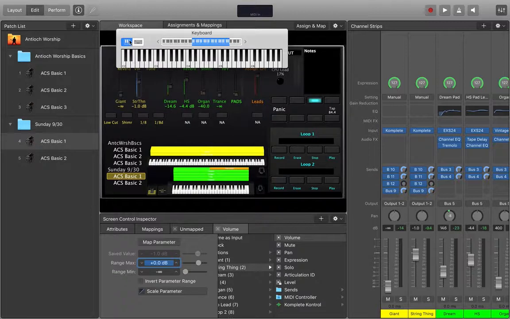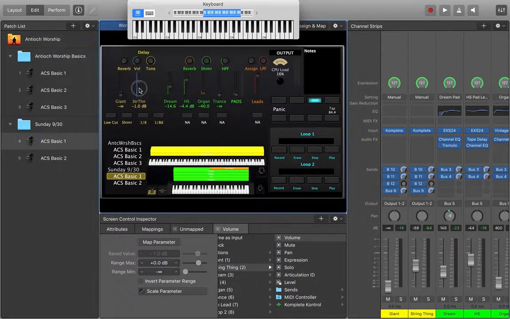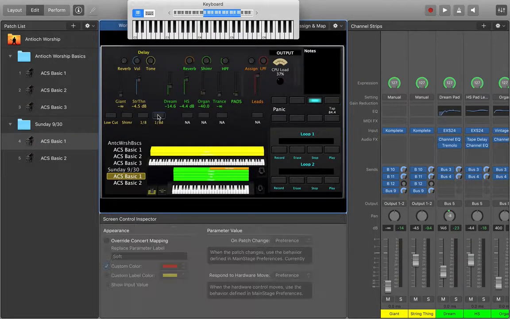So now you saw this automatically went up because now it's mapped. You see it moving up and down on both, okay? Now the cool thing is, all I had to do was add this channel and change the instrument, and all my routings are correct. So watch me, if I turn on this dotted eighth delay, crank the volume, and turn up some reverb,